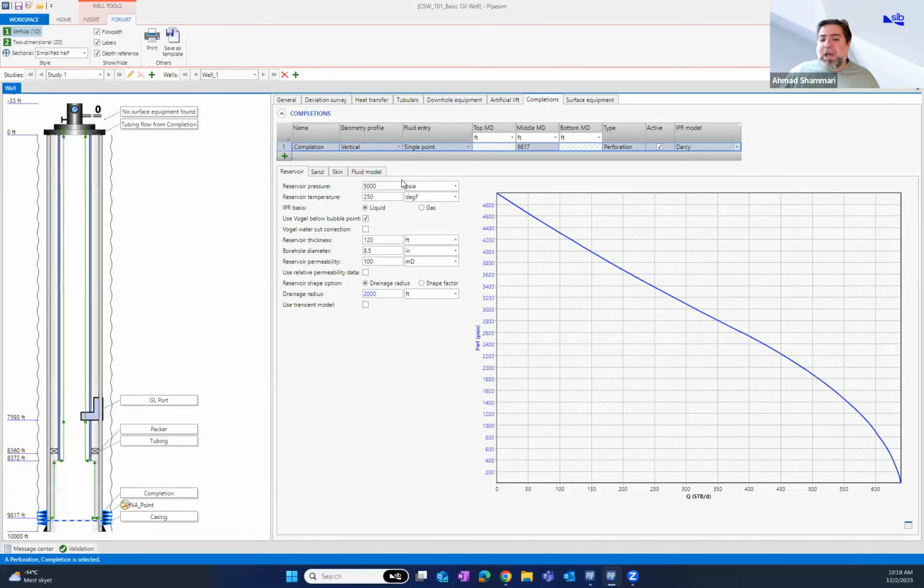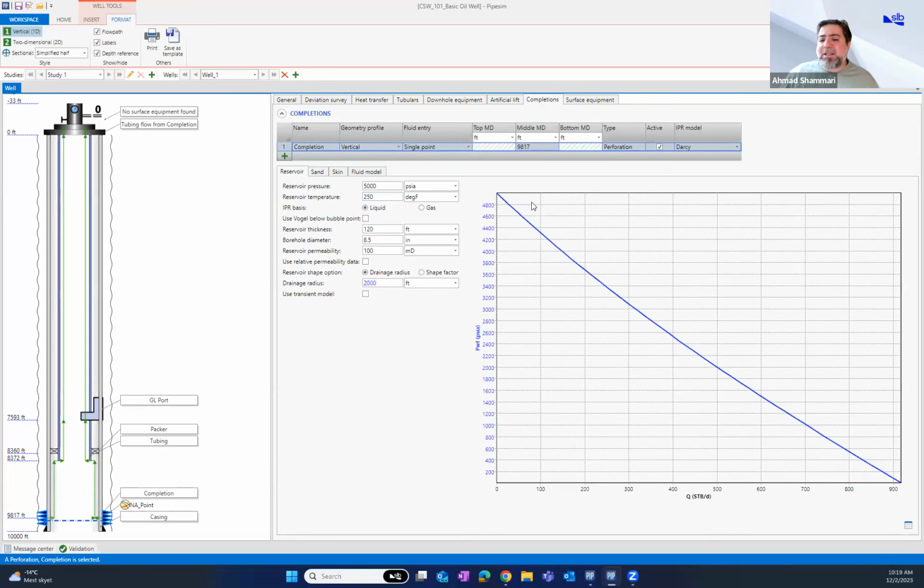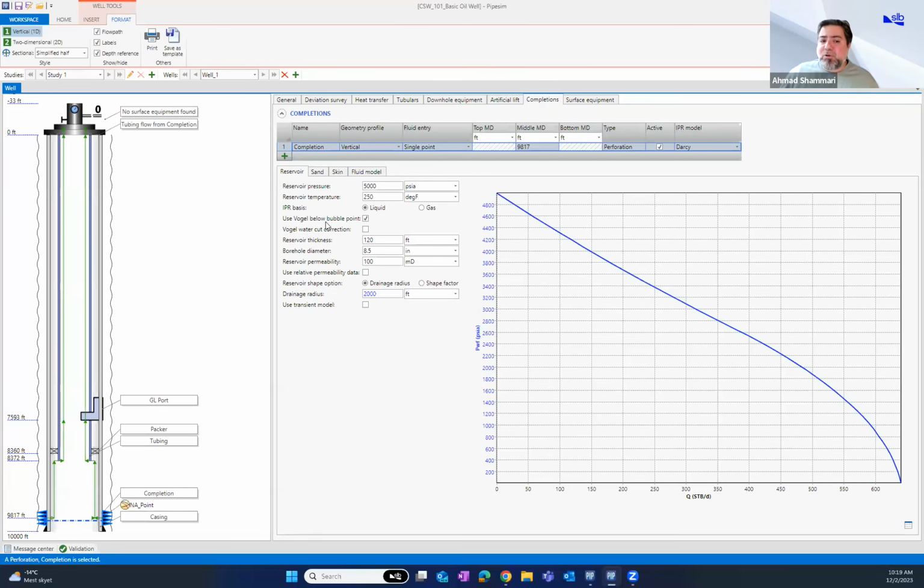Now, what do we have under Darcy, for example? Under Darcy, as you can see, the completion is selected. We have the reservoir pressure, temperature, the IPR bases, and then use Vogel below the bubble point. If I uncheck that, then it will be just a straight line. And now when I enable use Vogel below bubble point, then another option becomes available, which is Vogel water cut correction. This is an option that will